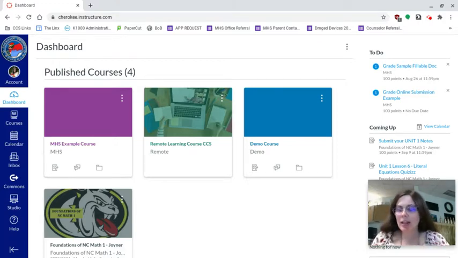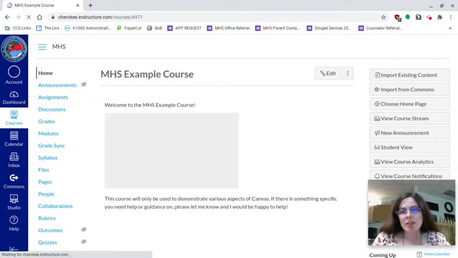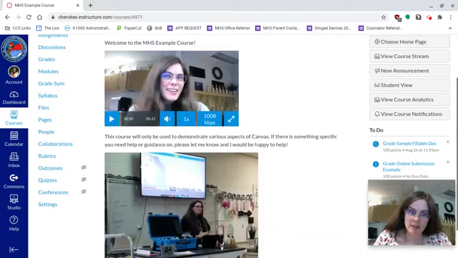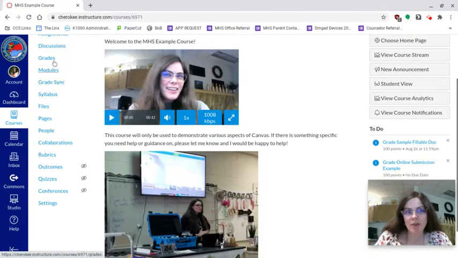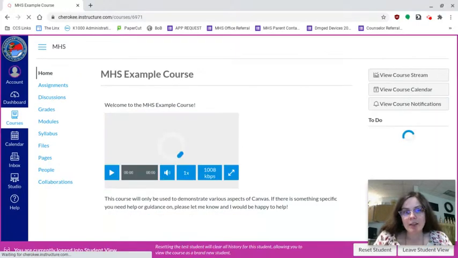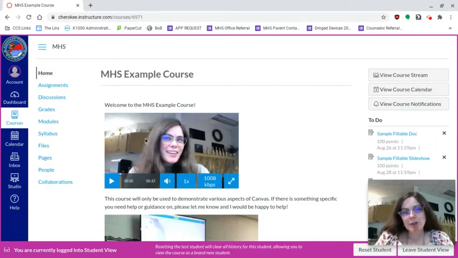So as you can see, I am on my Canvas dashboard here, and I'm going to go into my MHS example course. From my MHS example course, I'm of course in the teacher view, so I can see all of these options along here on the left side. When I click on Student View to see Student View, you can see that my options over here have significantly decreased, but there's still quite a few available in Student